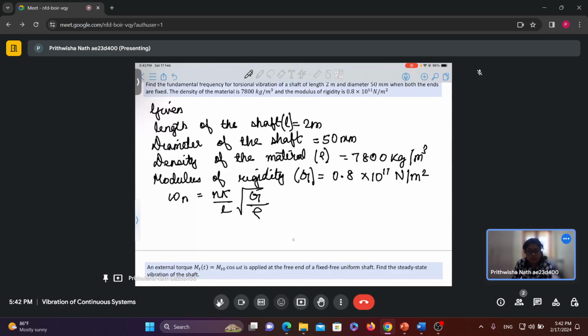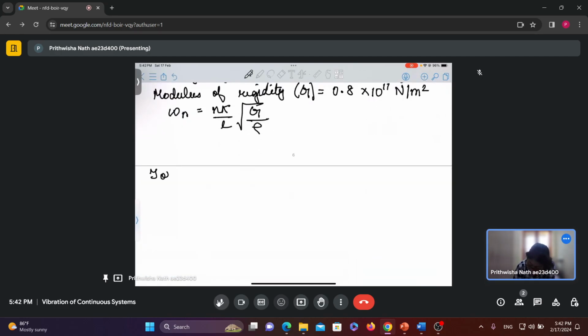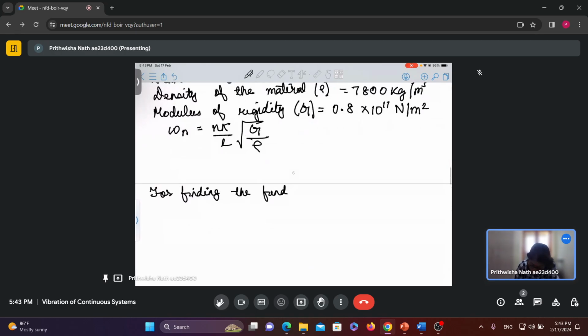So since we are asked to find the fundamental frequency, the fundamental mode of vibration, here n should be 1, and omega 1 should be pi by L